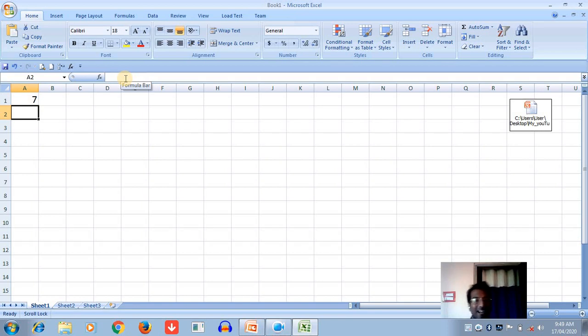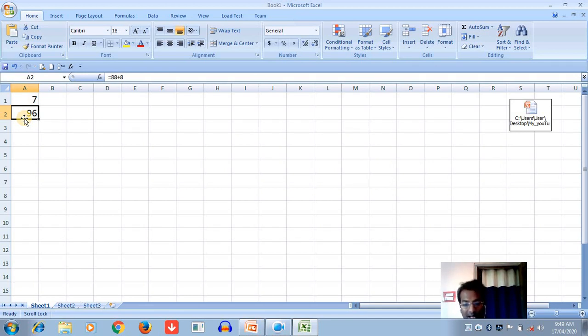Like 8 plus 8, here you can also click the Enter sign in the formula bar. Automatically it adds the numbers.